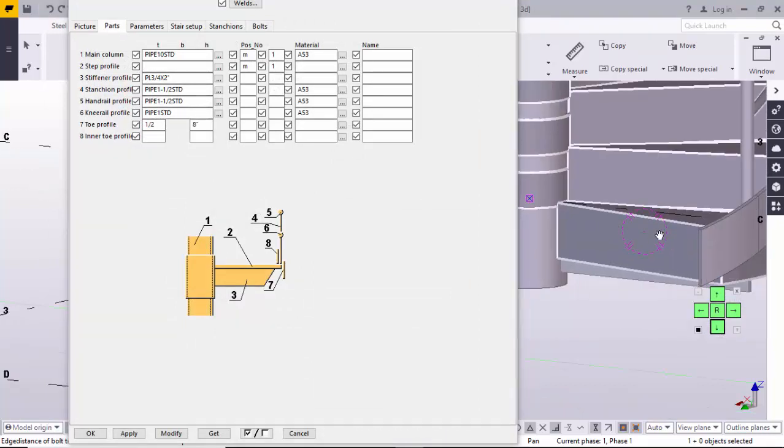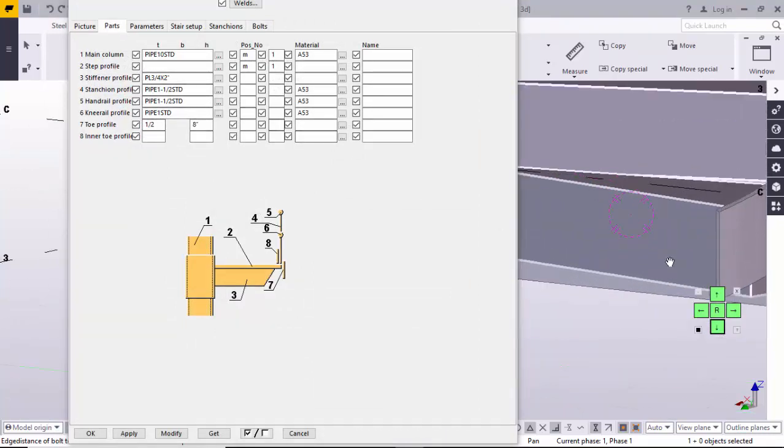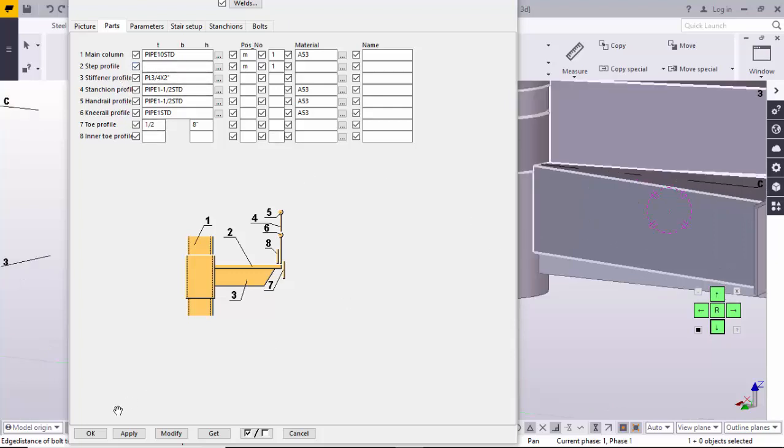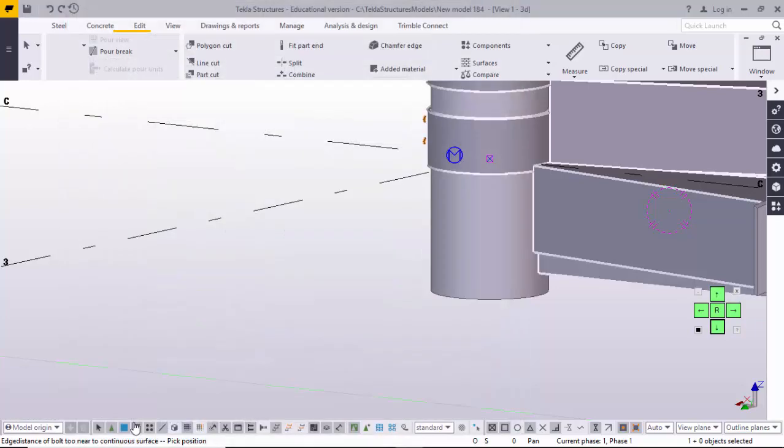Come to the step profile. This is the step profile. Here you can see number 2 indicates this step profile. If you don't have any step profile here, by default it might take the thickness. Then up to now, click modify. Okay,